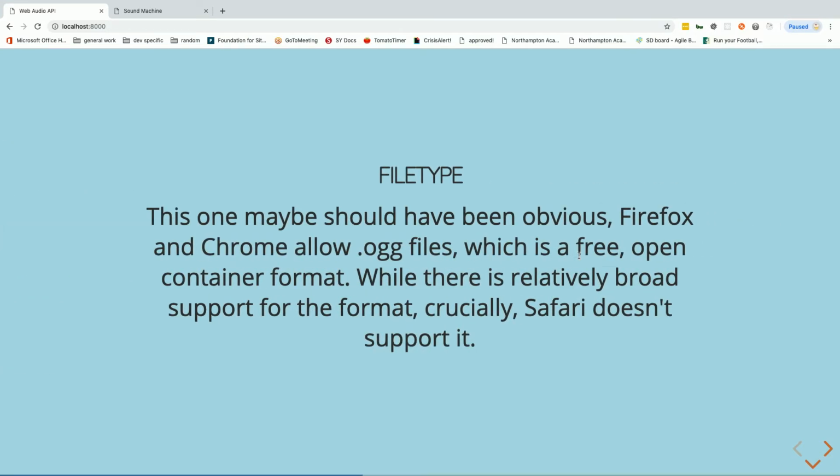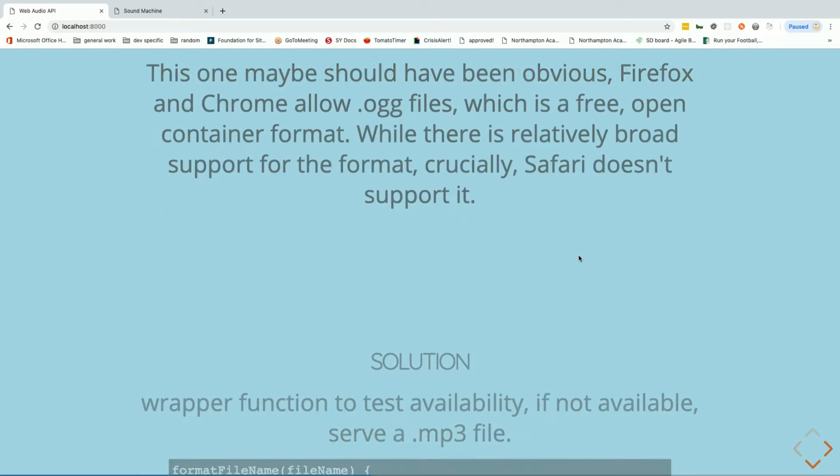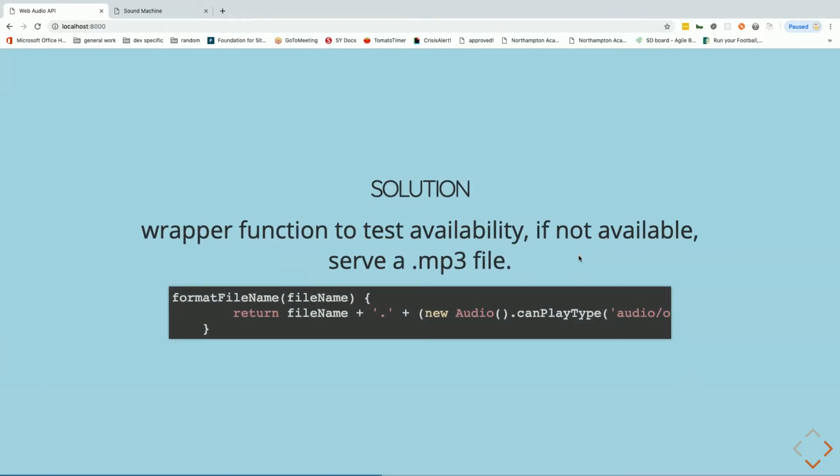So here's some of the problems we'll go through. File type, this one maybe should have been obvious. I was saving OGG files, or I get confused if it's OOG or OGG. I think it's OGG. This is a nice high-quality audio file type that most browsers support, except for Safari. So a pretty simple solution was to have multiple file types. I could have just gone with MP3, but